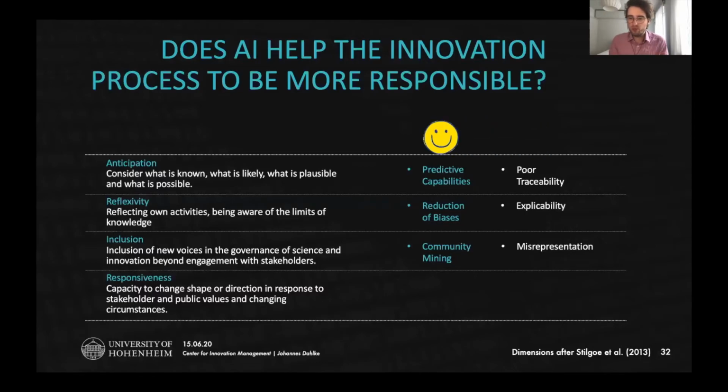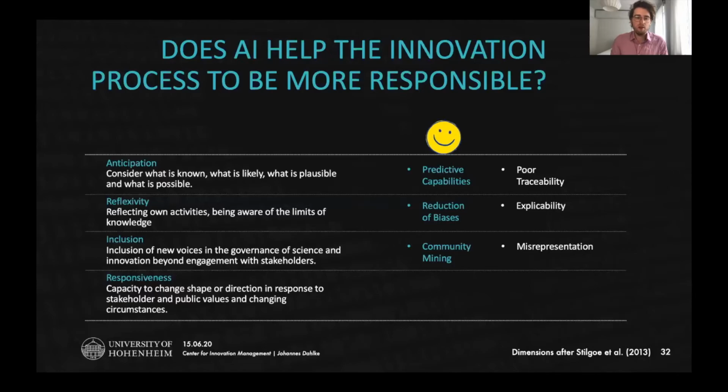On the other hand, using AI systems in the innovation process might cause a problem of misrepresentation, like we heard in the first part of this talk. If we have a data bias, or we have a problem of proxy discrimination in our data, we might be misrepresenting some of our customer segments, or developing innovations that are purely focused on a homogeneous customer group, not representing the heterogeneity we have in our society or in our customer base, therefore excluding the concerns of some people. So if we're not aware of these biases in the data that the algorithm works with, we lack this inclusion.